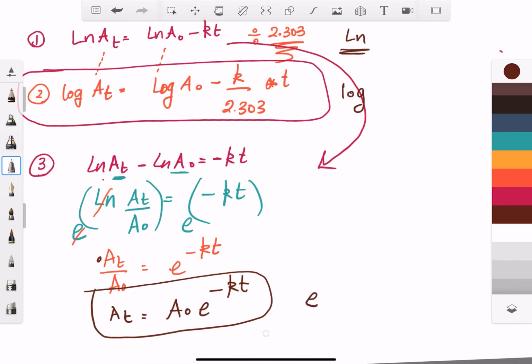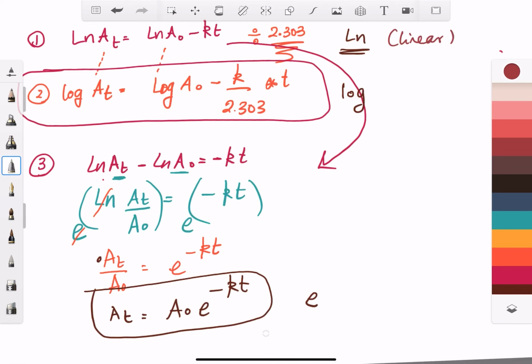If we are talking about the type of equation, this is a linear equation, and this is an exponent equation. Okay,